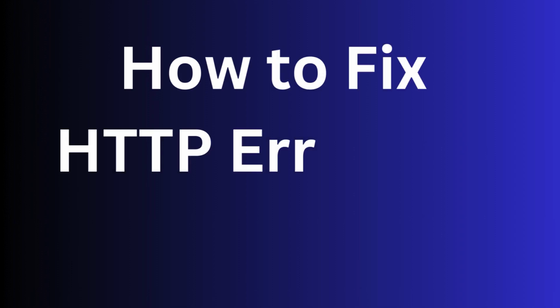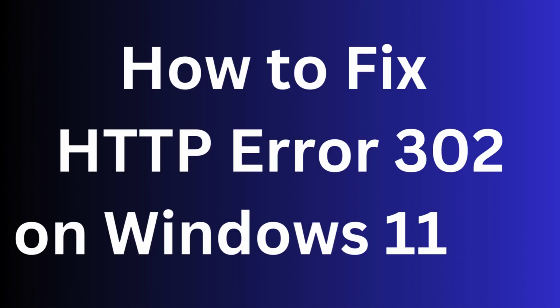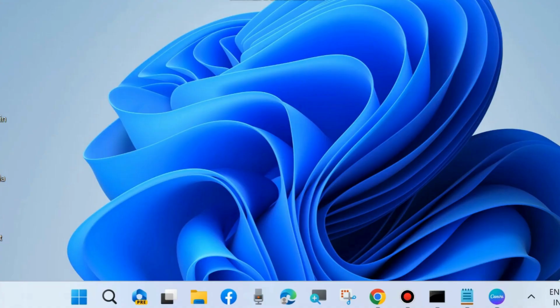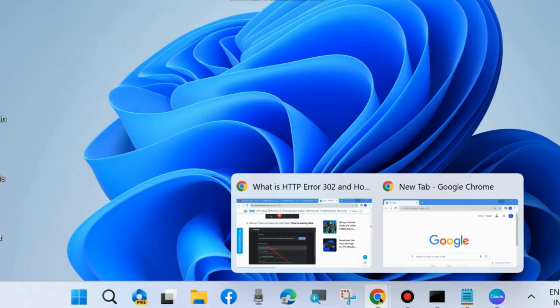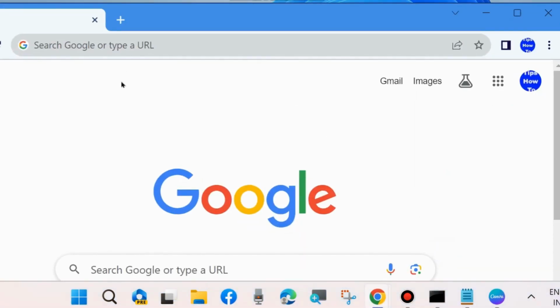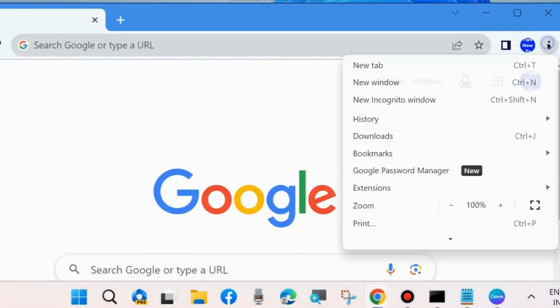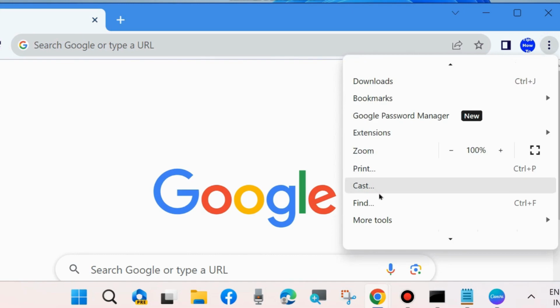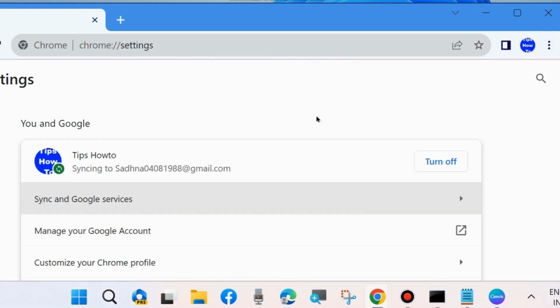Hello guys, how to fix HTTP error 302 browser error on Windows 11 and Windows 10. This is a browser error, and to fix this issue, launch your browser. We will try it with Google Chrome and click on the three vertical dots from the top right corner and go